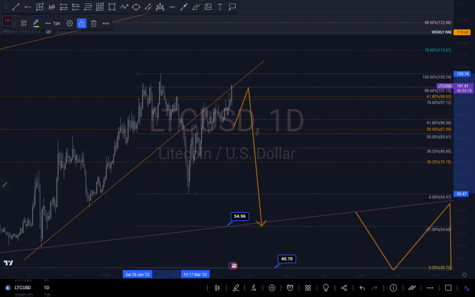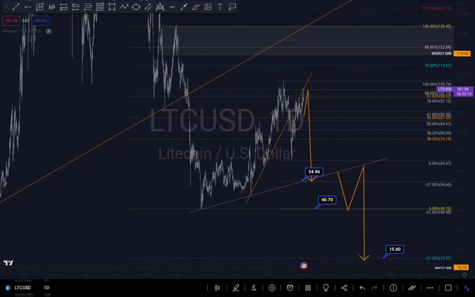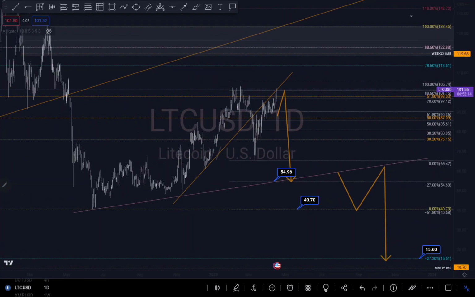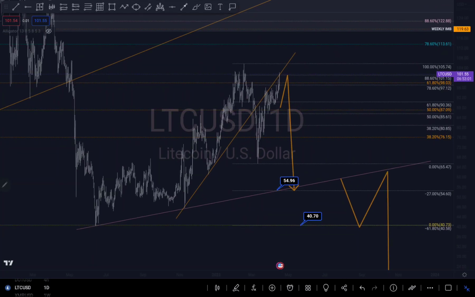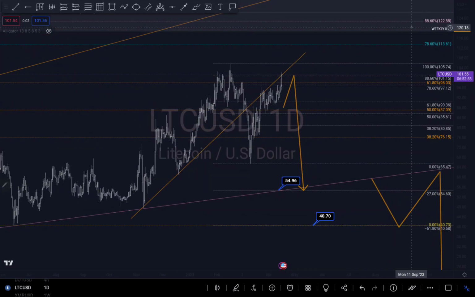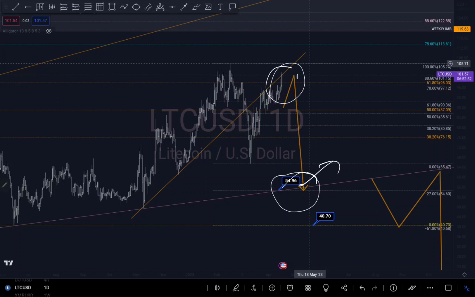So let me just do a quick recap on what I saw and why I said so. My reason was because I said that there was a break of structure around this trend line right here, and we are expecting a possible retest around that trend line. So I said we might retrace around those levels, and those are my Fibonacci levels for retracement. I said if we retrace around that level, we continue to push up to this right here, which is around my negative 27% fib level, and also a touch of a trend line as well.